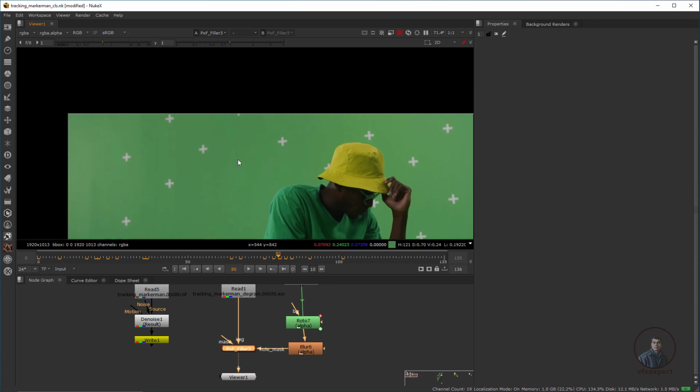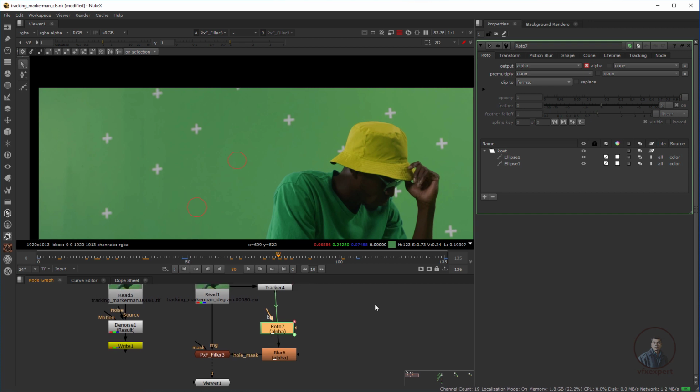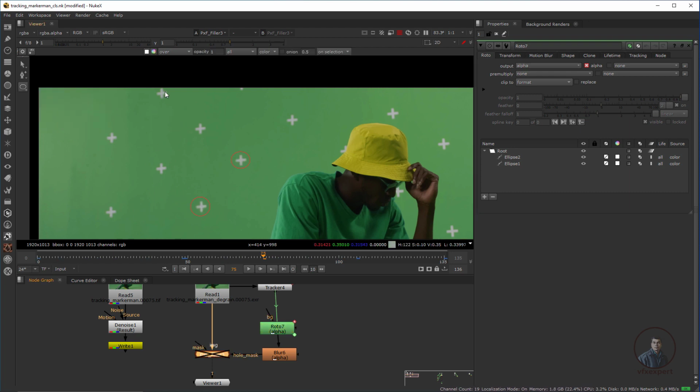For this, again we have to create a Roto shape. So again double click here. Even if you want, you can also take another Roto node, but I am going to create different shapes in the same Roto node here. Now select this one maybe. So first we have to check. I am going to explain this one because this tracking marker is going outside of this frame here. So now again use this Roto node and select this one, press D, disable.